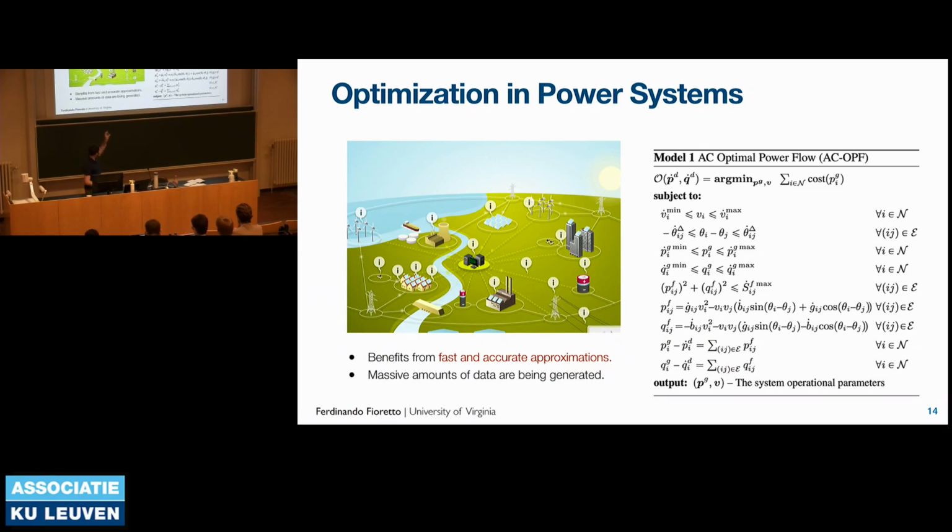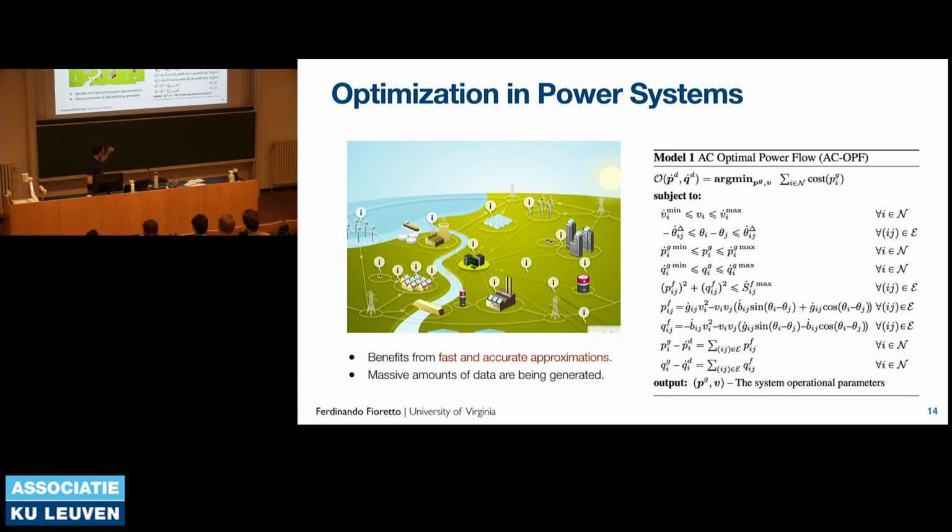In a power system, you basically have three main components. You have generators, which are those large plants that inject power into the grid. Then you have loads, like customers and cities and so on, which are withdrawing power from the grid. And then you have transmission lines, which allow you to transmit power from generators to loads. And essentially you are seeking to solve a flow problem, but this flow problem is regulated by nonlinear, non-convex constraints because we need to take into account the physics of this problem.